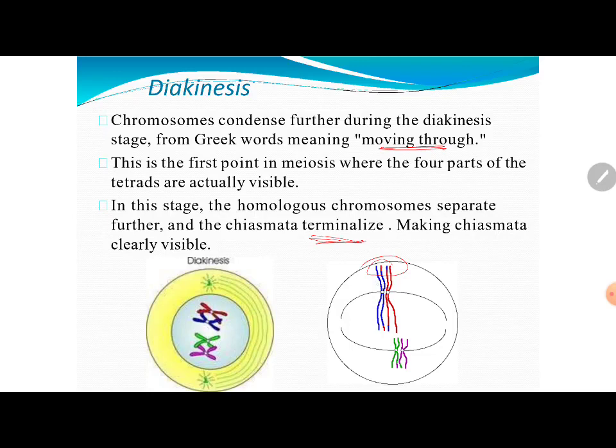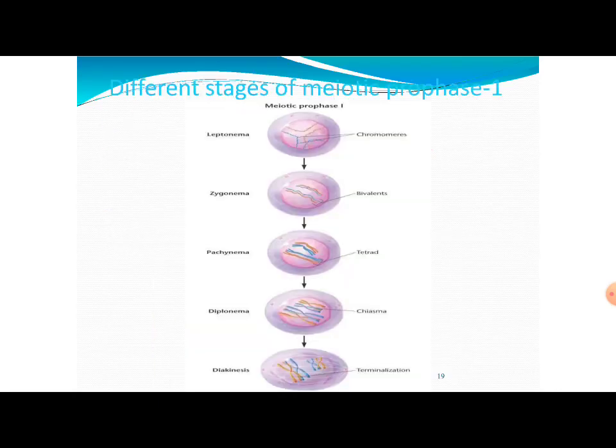You can see this is fully blue, but the tip here is red. Here also red. This is fully red, but the tip here is blue. You can see here fully green, but the tip is pink. Fully green, but the tip pink. Here the tip is green. So exchange of material has occurred. So the function of prophase 1 is completed: exchange of material through the process of crossing over between the homologous chromosomes.